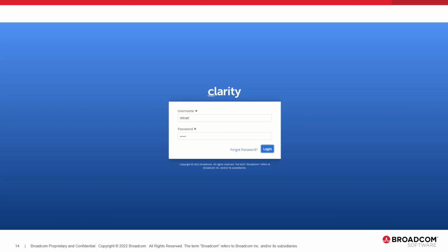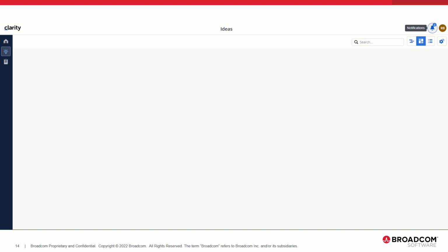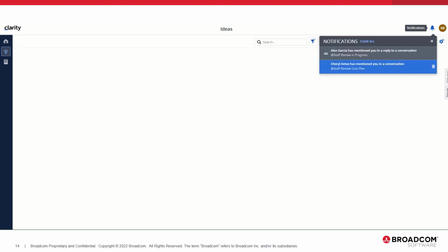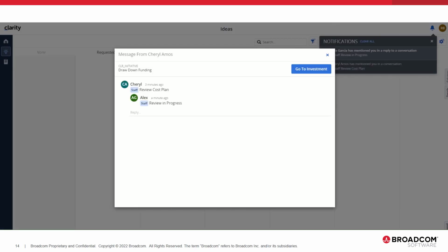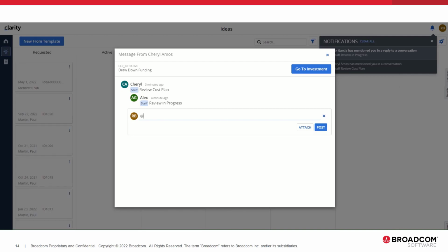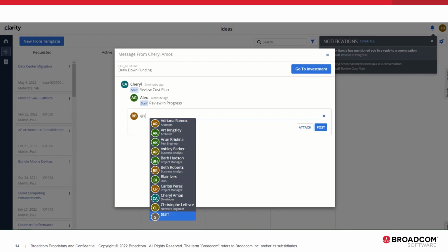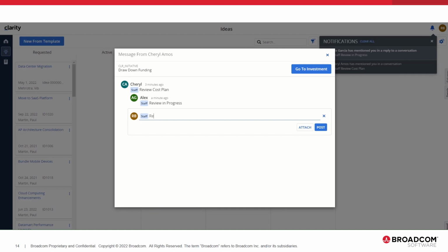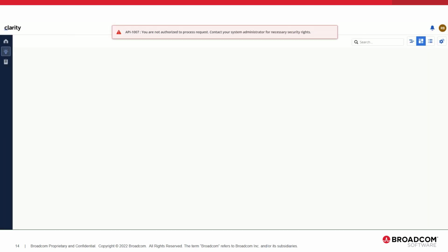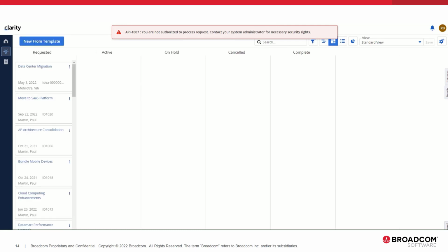I log in as Rakesh, go to notification, Rakesh uses @staff to respond to the message, but when Rakesh tries to navigate to the investment, he would see an error message: you are not authorized to process request, contact your system administrator for necessary security rights.